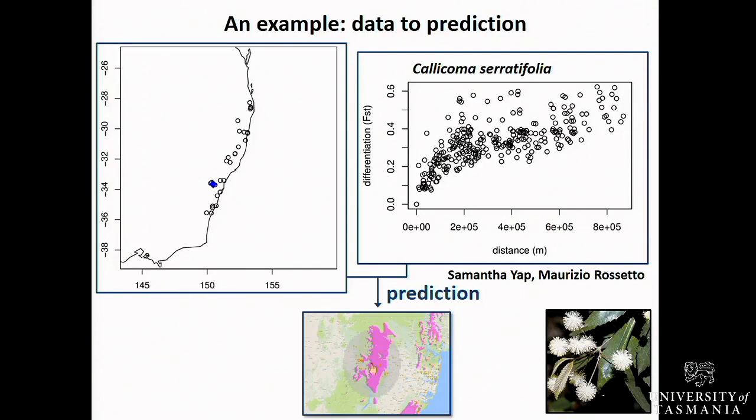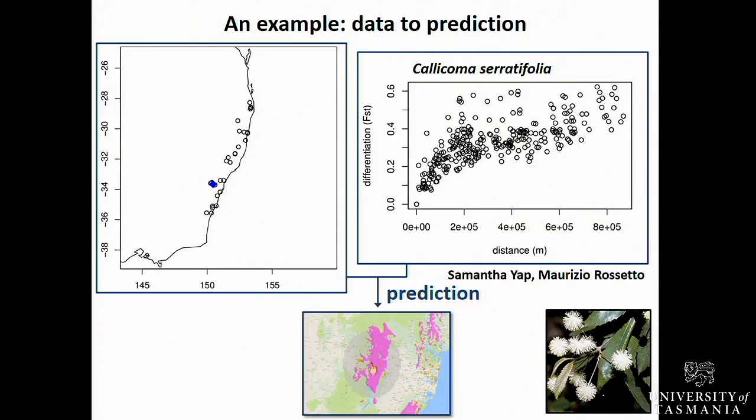So these are data for species Calicoma serratifolia. I won't go into the details currently, other than that these are data collected by Samantha Yap and Maurizio Rossetto. These are the sampling locations, and this is a plot of pairwise differentiation between populations as a function of spatial distance. And what we want to do is turn this into something where someone can click on an arbitrary location